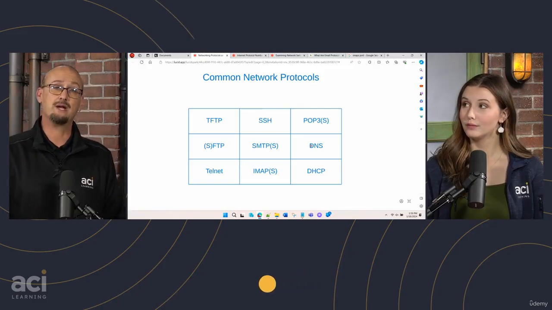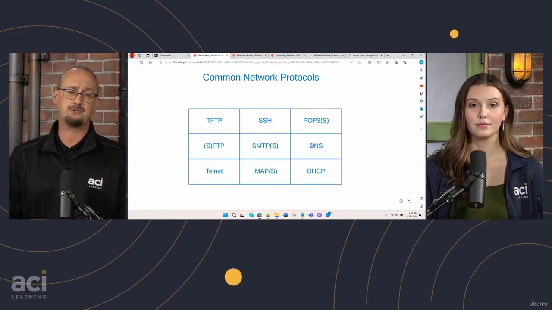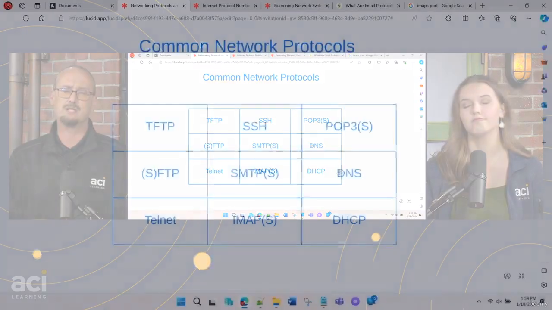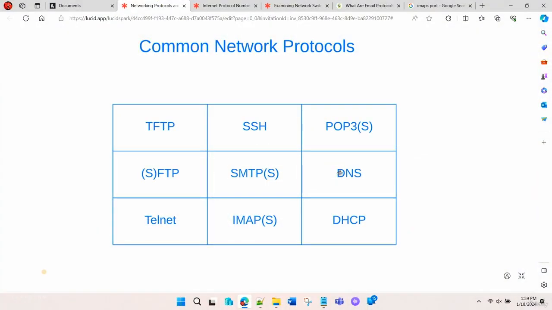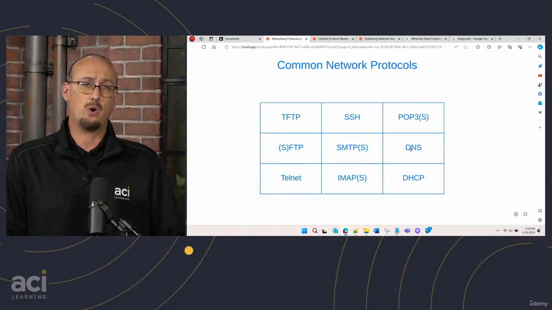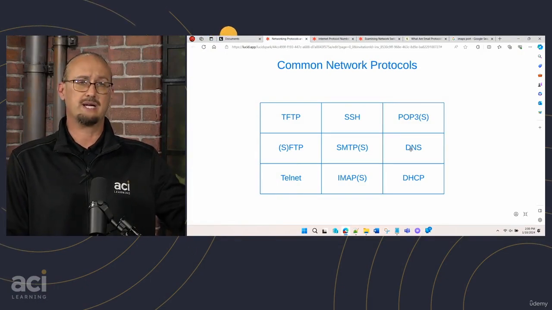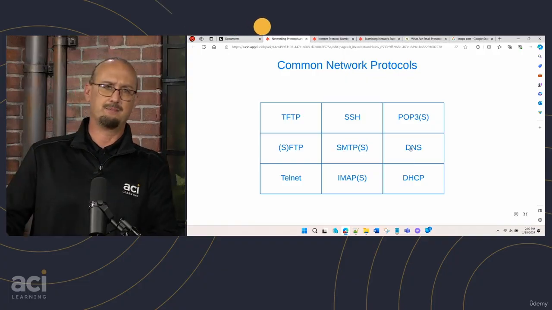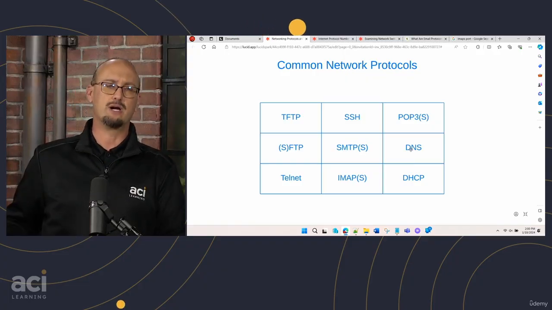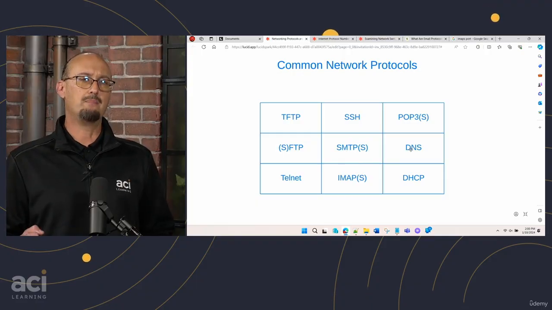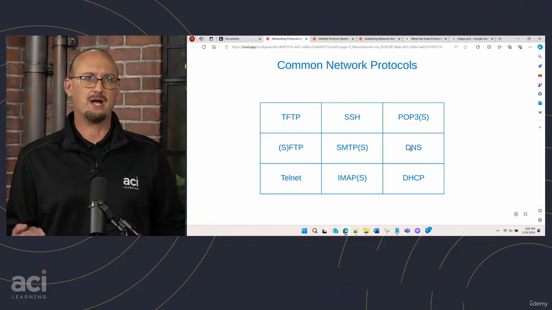That's right, 53. Now, this goes over TCP and it goes over UDP as well. I don't know that that's something you really need to worry about for an exam, but I do make mention of it because when two DNS servers talk to each other, they're going to use port 53 over TCP, because when we're doing things like zone transfers, we want to keep those databases safe and we don't want them corrupted. If I'm making a DNS query, like maybe I throw a DNS query against Sophia's server asking what is www.google.com, I'm looking for a name query, but I don't really care about it being uncorrupted. It's a very small packet.